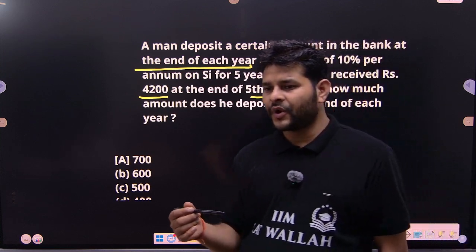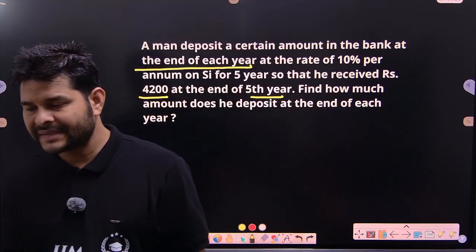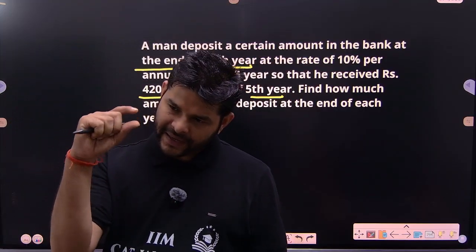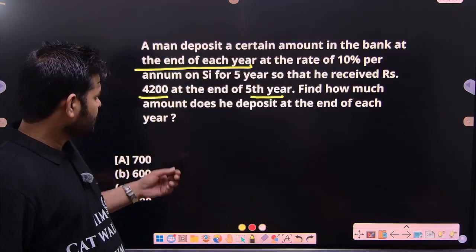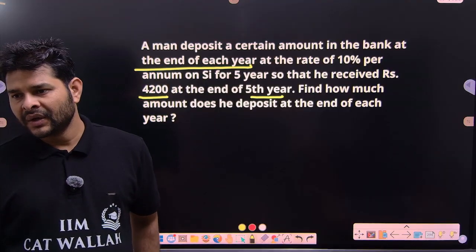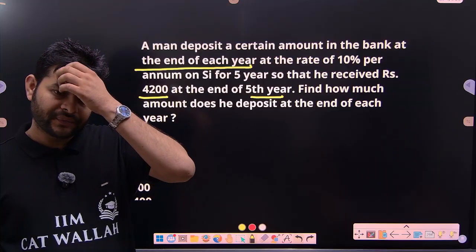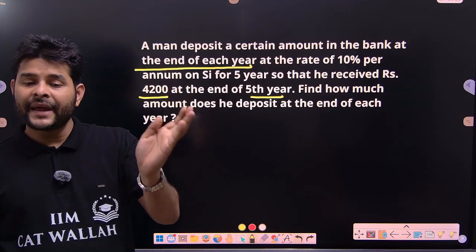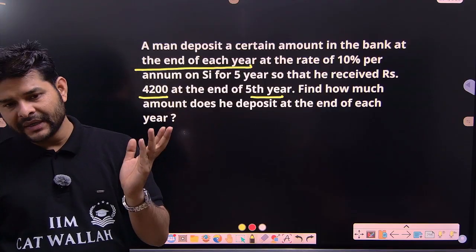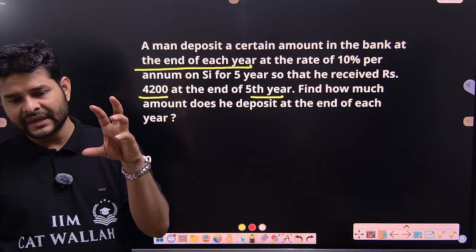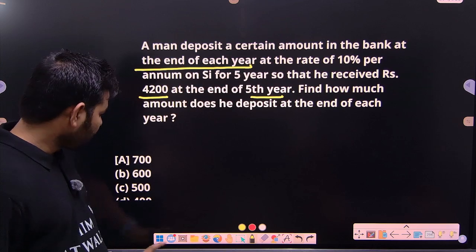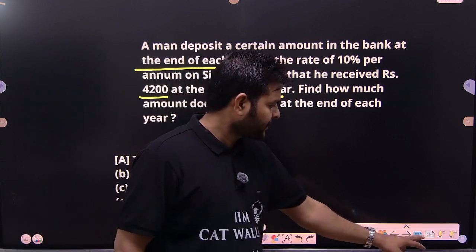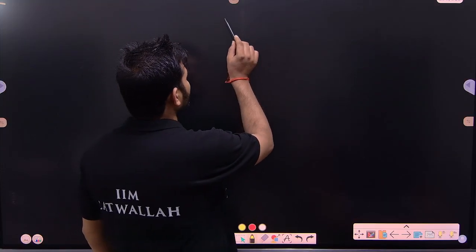A man deposits a certain amount in a bank in such a way that at the end of the fifth year he receives 4200. His target is to receive 4200 at the end of fifth year, and the bank provides simple interest, and the rate of simple interest is 10% on a regular yearly basis. So suppose, in detail, if we solve it, a man deposits 100 units